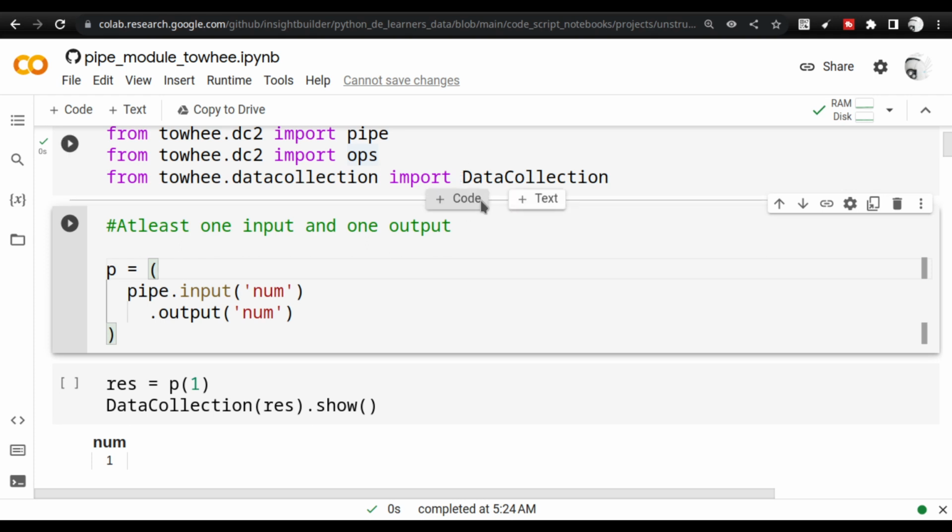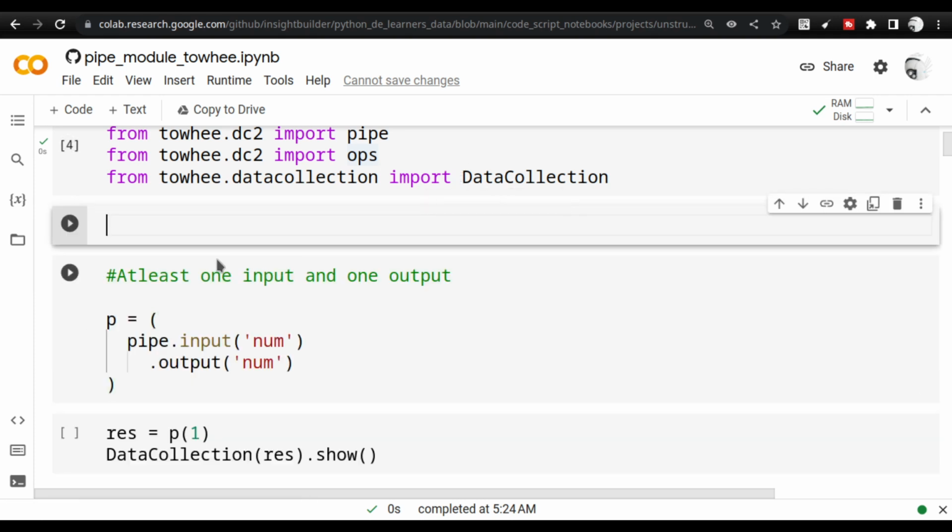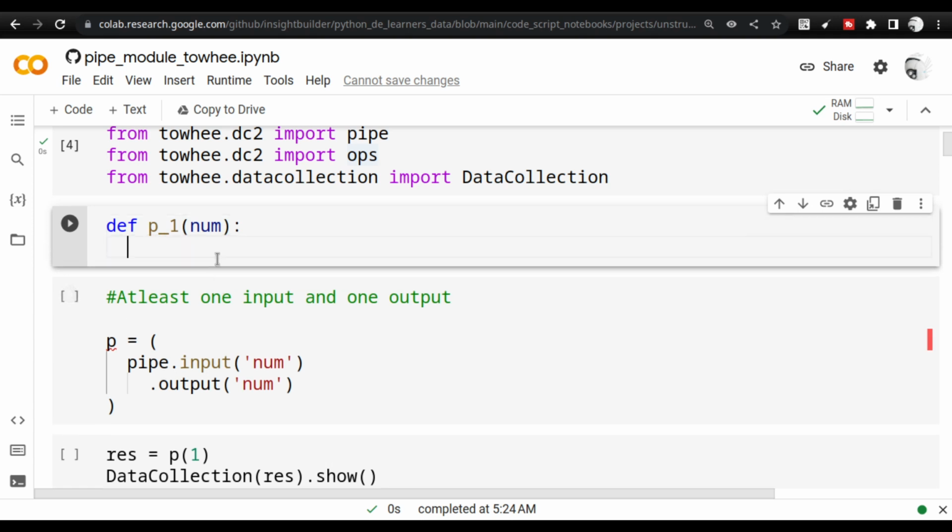Let us look at a regular Python function, it will be much easier for you to understand what I'm trying to say. Let me create a simple Python function called p1 with the argument called num, and I'm not going to do anything else. I'm just going to say return